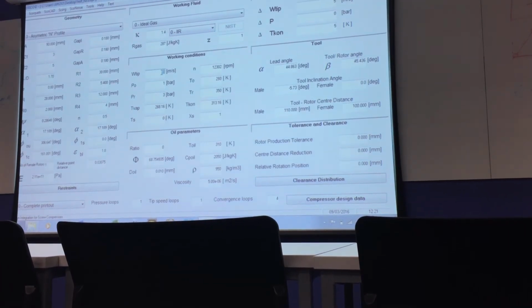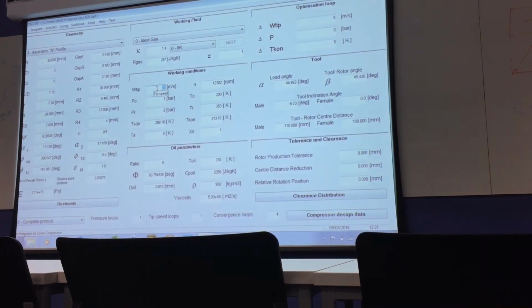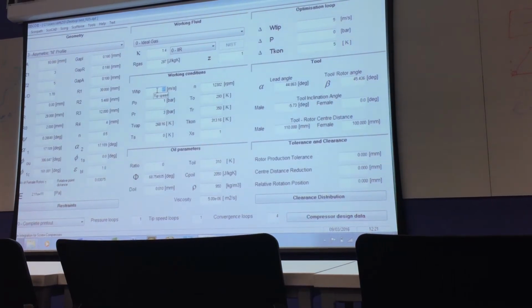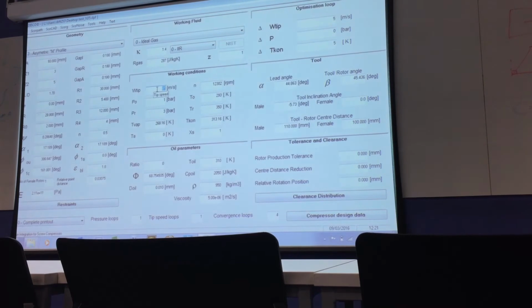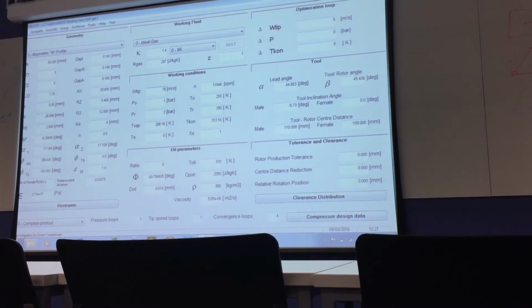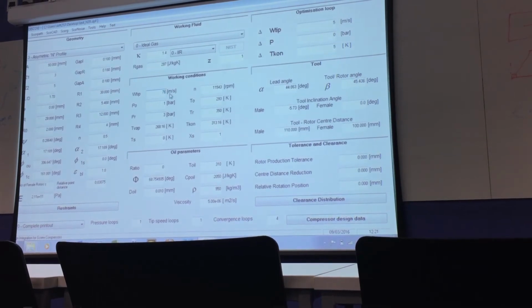In working conditions, the main rotor speed can be set using tip speed, which is the tangential velocity at this point. Okay. So RPM gives you rotational speed and the diameter gives you tip speed. So let's say I want to run at 10,000 RPM, then I can play with this number. This is slightly odd, you have to iterate and set the RPM.